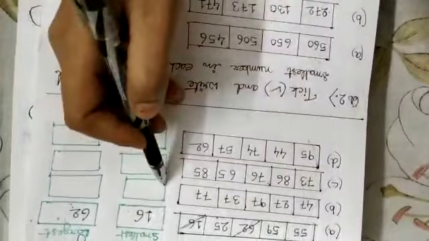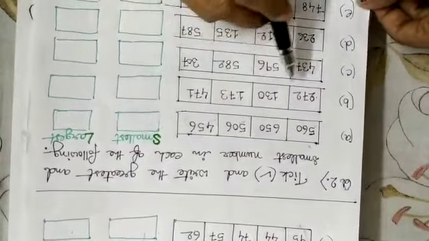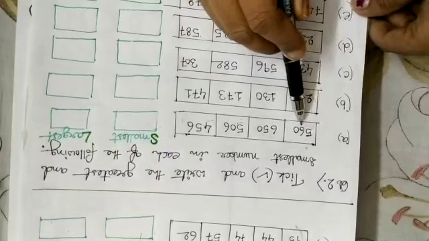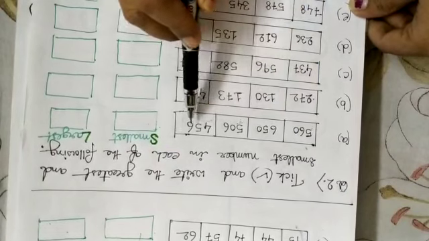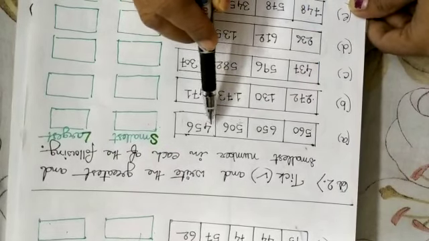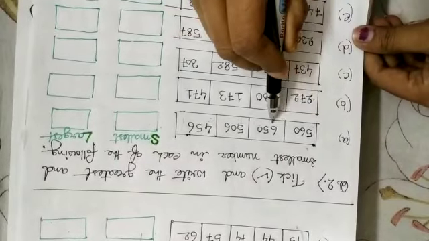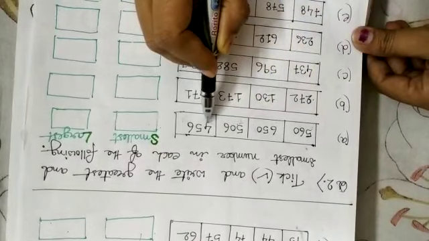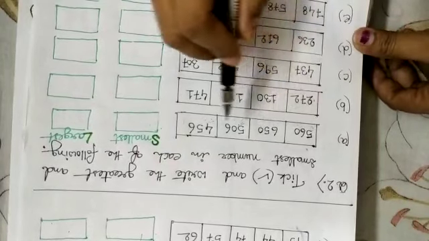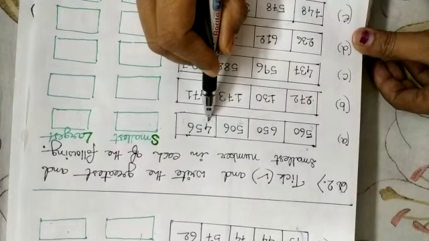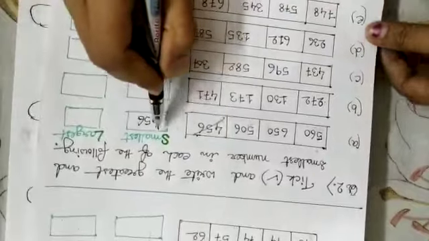Now there were 2-digit numbers, and again 3-digit numbers. It is also very easy, but ones, tens and hundreds. There are 3-digit numbers, so again we will start comparing from the left side. 4, 5, 6, 5. This one is the smallest. So we'll cut this number and write 456. That is the smallest.